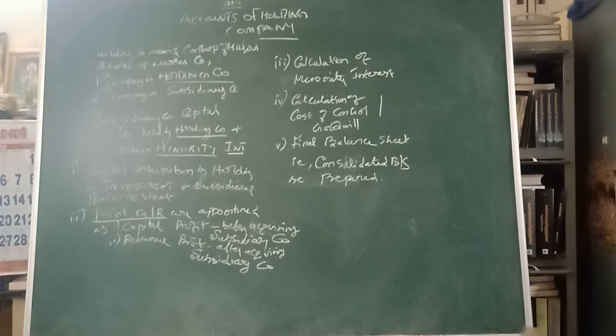So for those minority shares, their part of profits, their part of reserves, and face value of the shares held, all those things should be calculated, that is minority interest should be calculated. And the value of minority interest should go to the new balance sheet, that is the consolidated balance sheet. This should be shown separately in current liabilities, after reserves and surplus, as a separate item in the consolidated balance sheet.